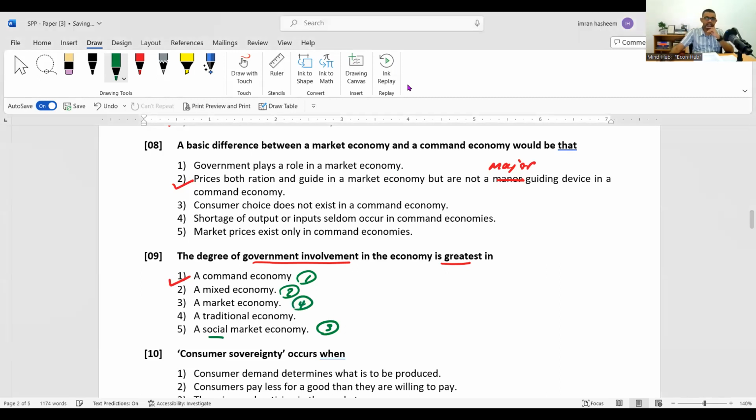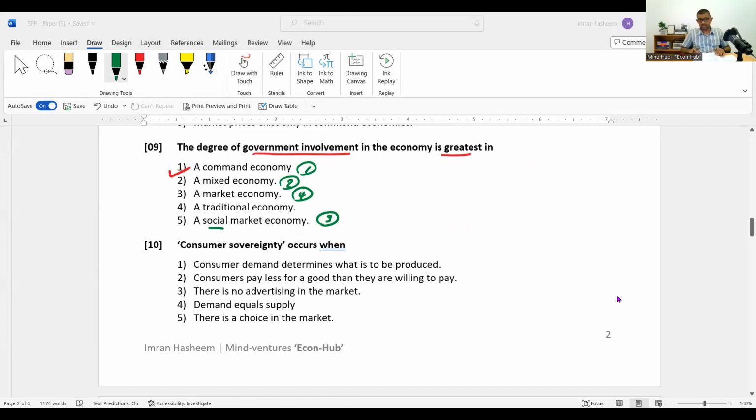We are not going to write anything for traditional economies. Why are we not going to write anything for traditional economy? Because in a traditional economy, there is no institution called the government. So it's not very correct to talk about it in a traditional economic system. Get it? In a traditional economy, we don't have an institution called a government. Right. I think you guys are clear on that.